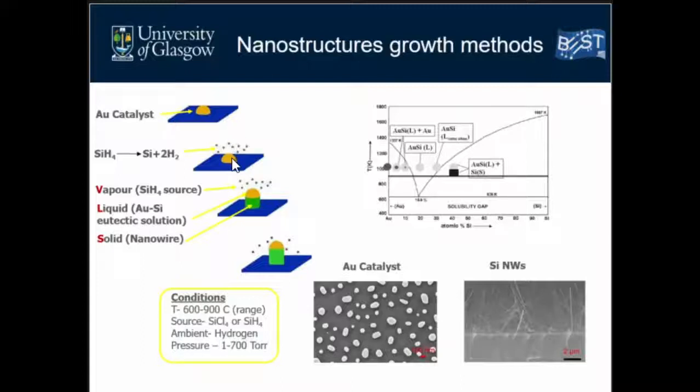This initial catalyst size, the choice of the catalyst and its size, will decide the size of the nanowire you want to grow. That's how it works. And the phase diagram on the right-hand side will explain one key aspect, because this phase diagram will really tell you what process conditions we can use for the growth of